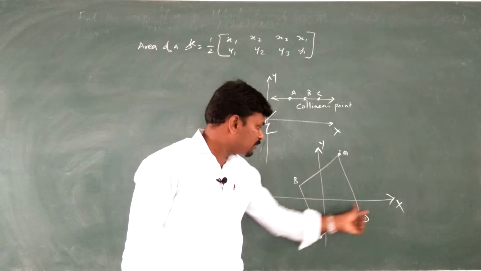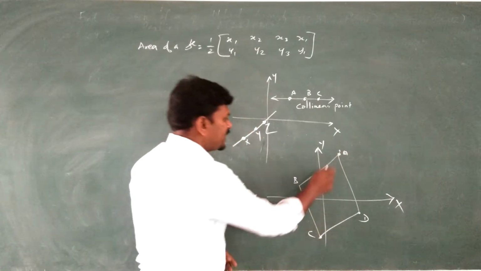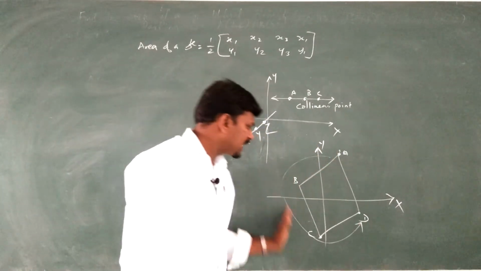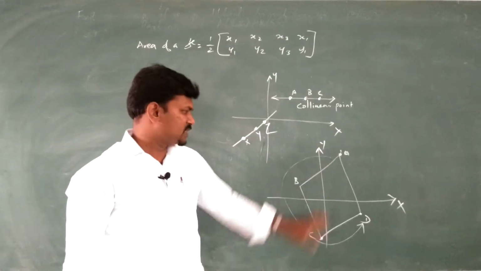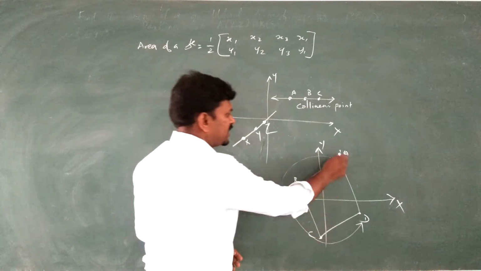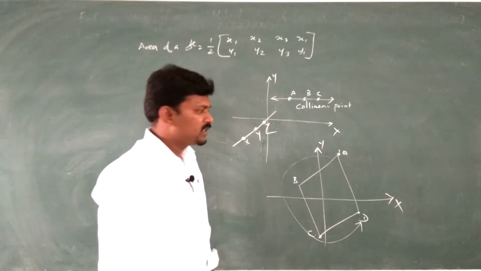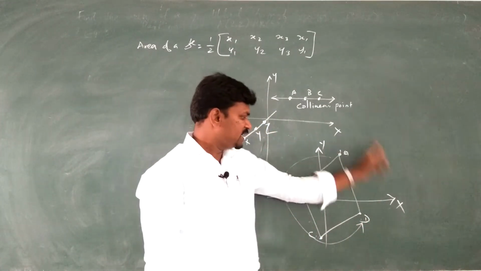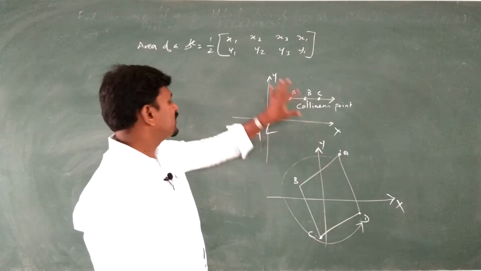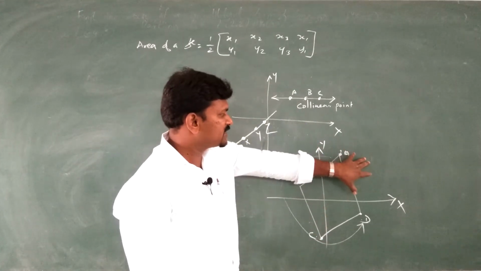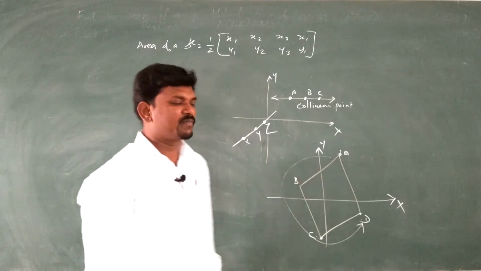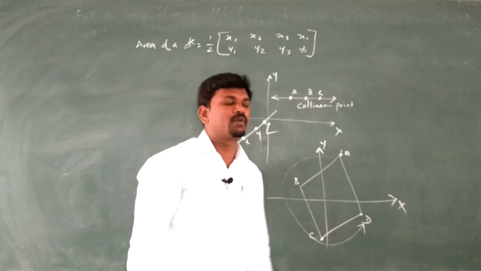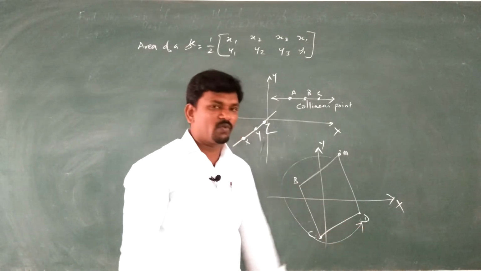We have to plot the points on the Cartesian plane, then take them in the counterclockwise, anti-clock direction, and arrange the points A, B, C, D. You should not go this way, A, B, C, D, because we have to take the counterclockwise order, then apply the coordinates in the formula. So this is x1, y1, x2, y2, x3, y3, x4, y4. Because of the 4 vertices, x4, y4 will come.